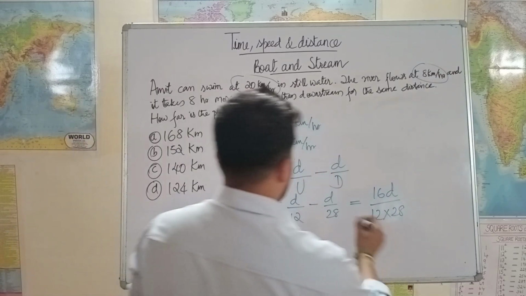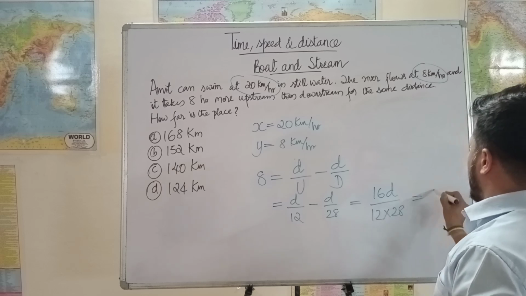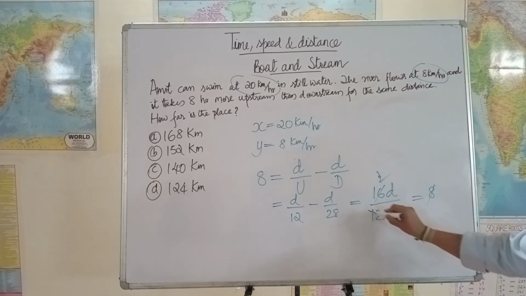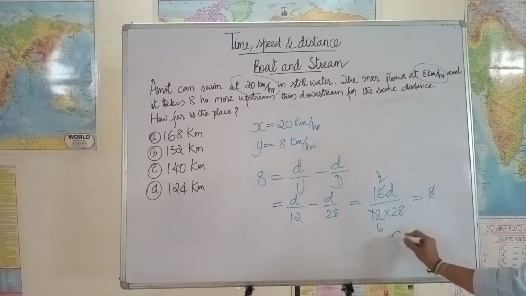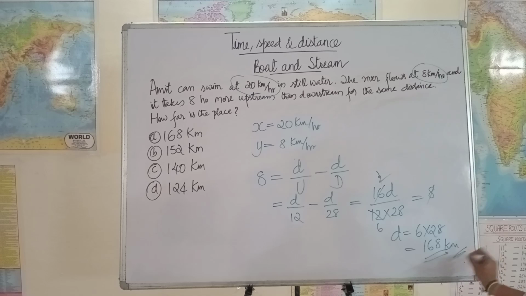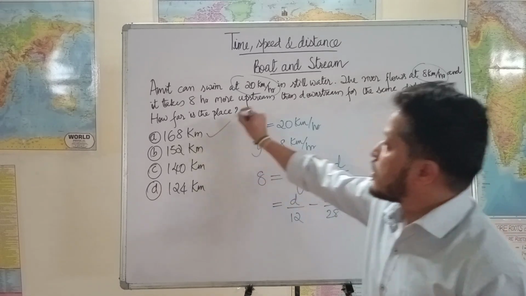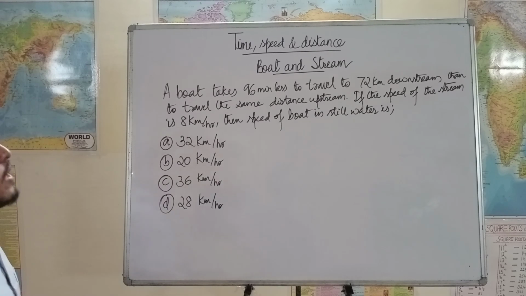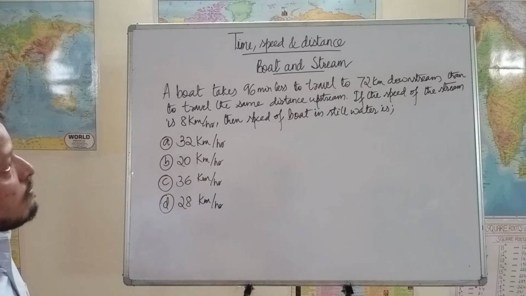So we have, I'll write this 8 here. 8 ones are 8, 2 twos are 4, 2 sixes are 12. So d is equal to 6 into 28, which is 168. Option A is correct. Okay, next question is, a boat takes 96 minutes less to travel 72 km downstream